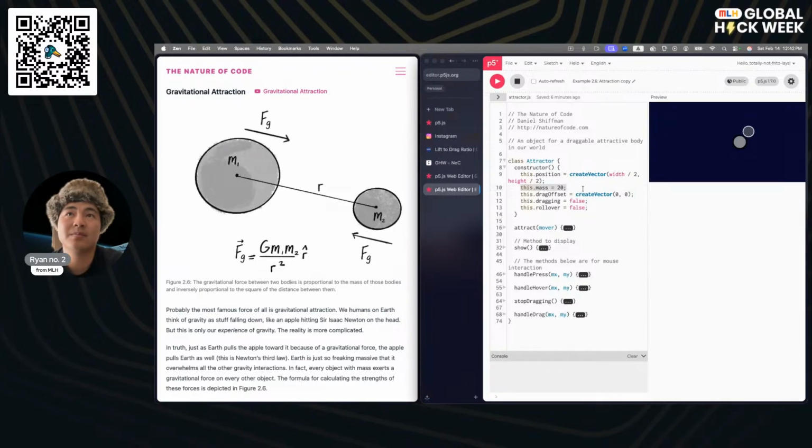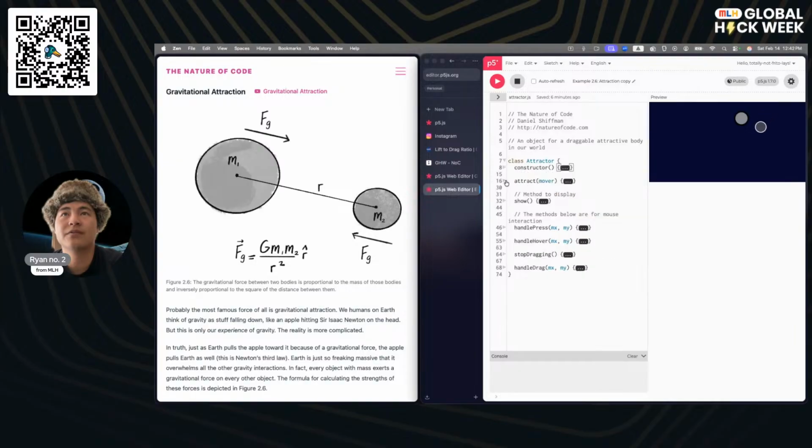That makes sense because we're trying to do gravitational attraction. We've got a drag offset and dragging. I don't know what rollover is, but I'm sure when we find out how it's used, we could take a guess at that. So we've got, well, these two functions is, I'm pretty sure, just for handling the fact that we can move this around.